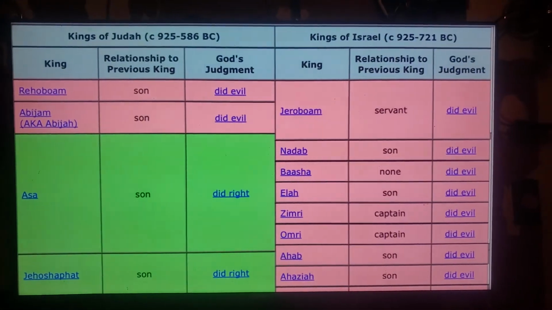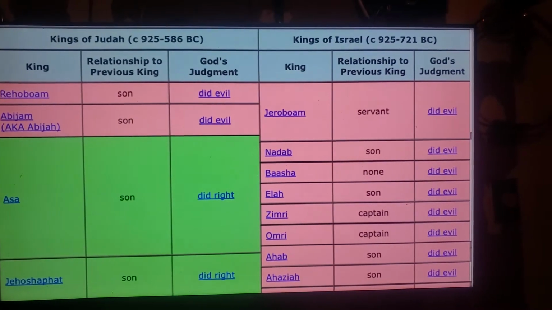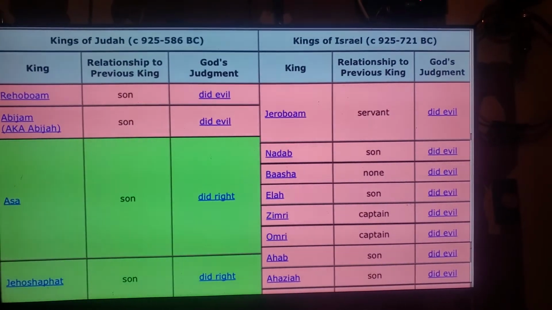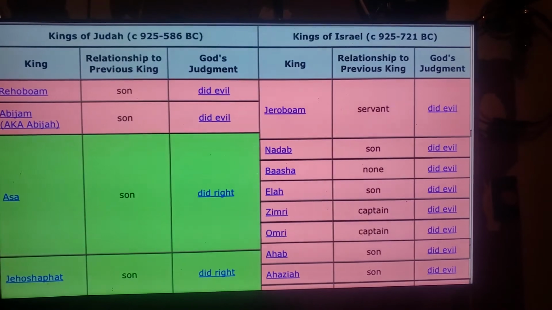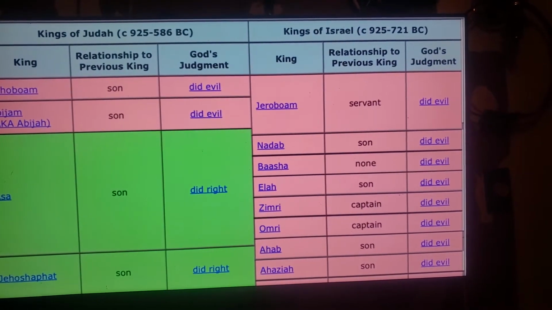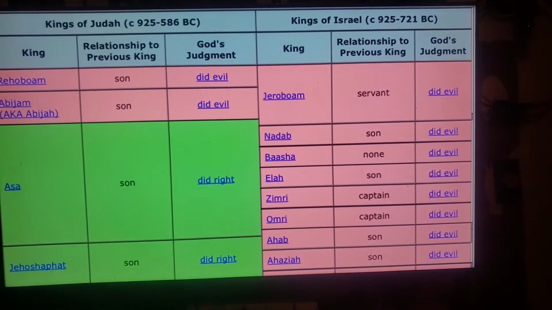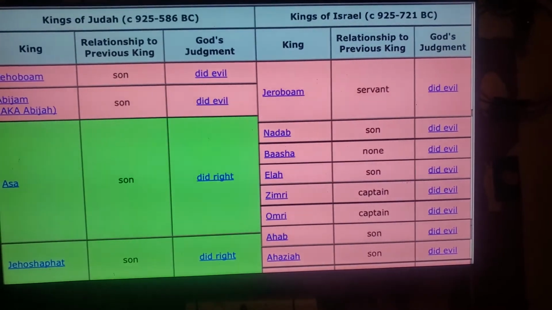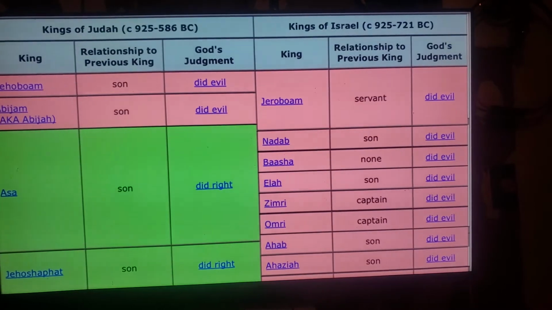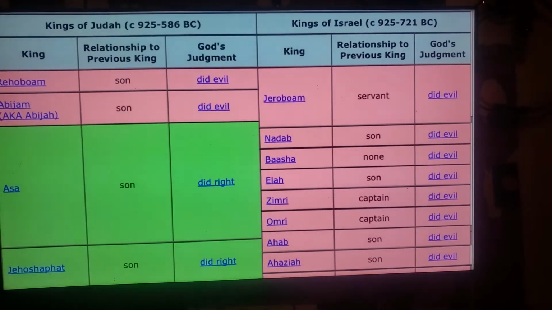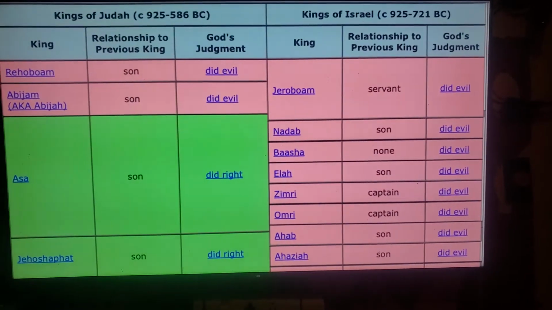And when this happened, 925 through 886. 886 is the destruction, with the last king, Zechariah, and with the fall of Jerusalem and the first temple